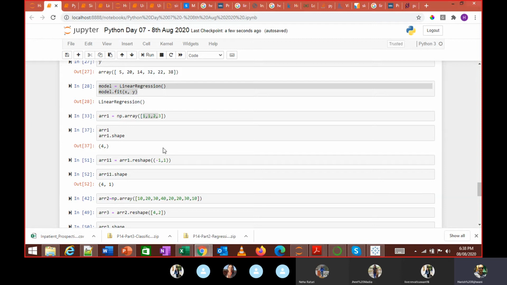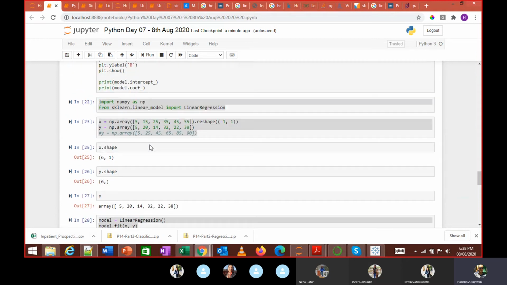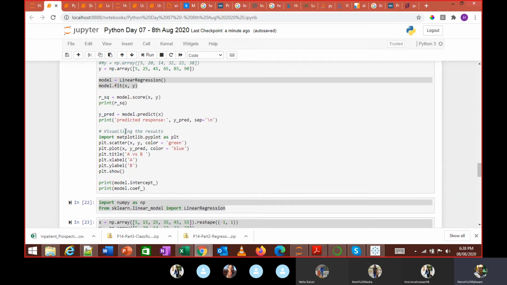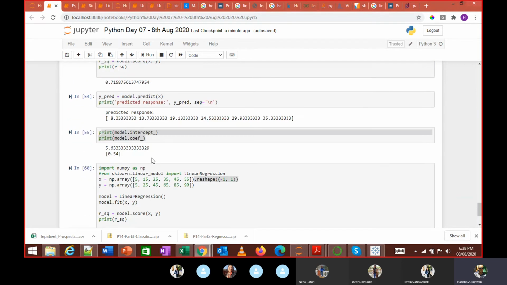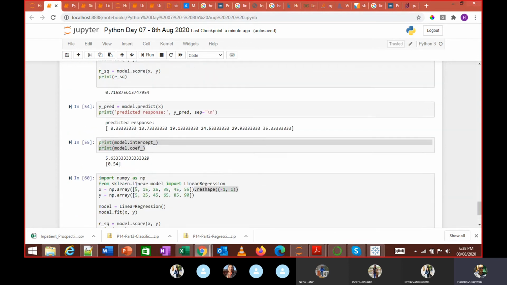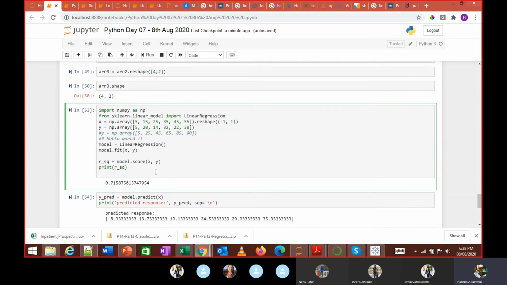Understood everyone how linear regression is done in Python? We're going to do something more complicated as compared to what we've done till now. Are you guys clear on this? Everybody tried this? And you can visualize this. Once we have predicted the value, we can visualize it. Let me just run this again.